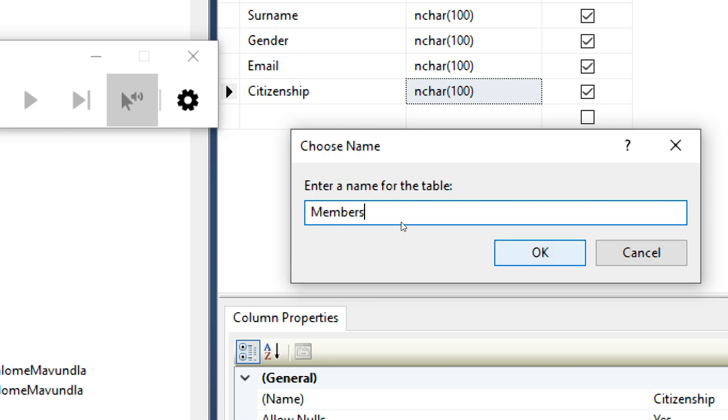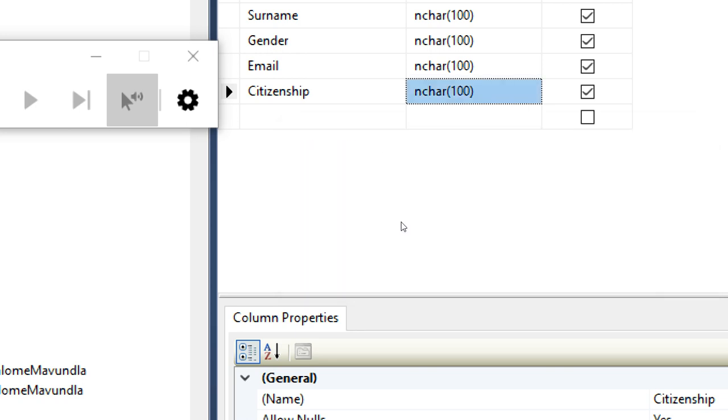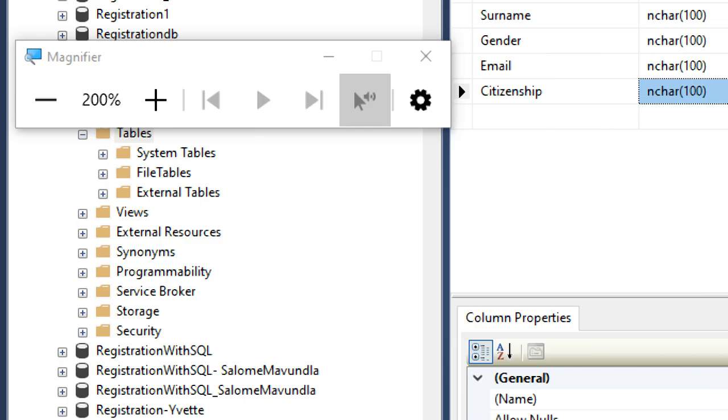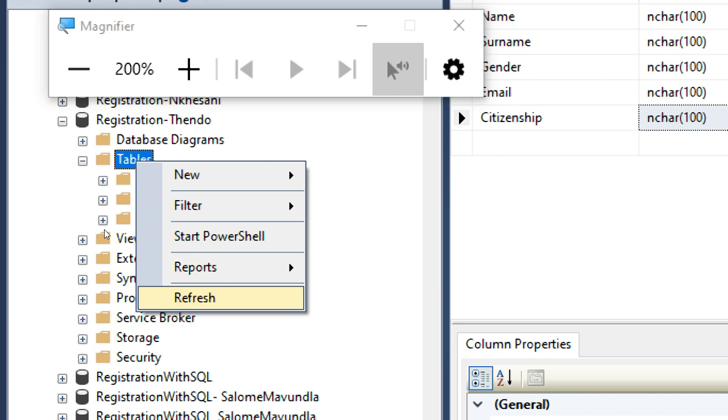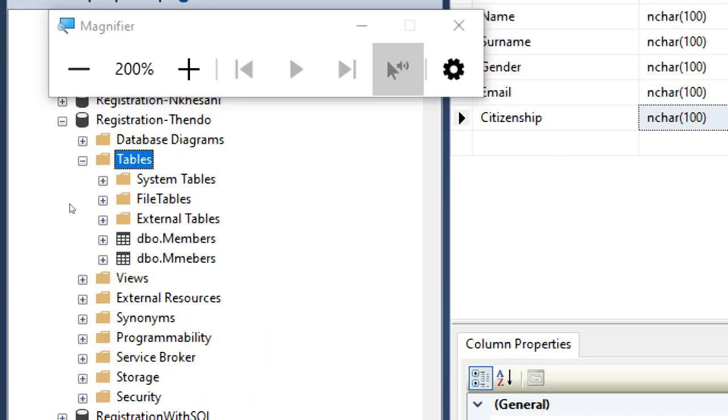Are we good? Press OK. And then go to this folder again called table and just right click and press refresh. You will see there will be